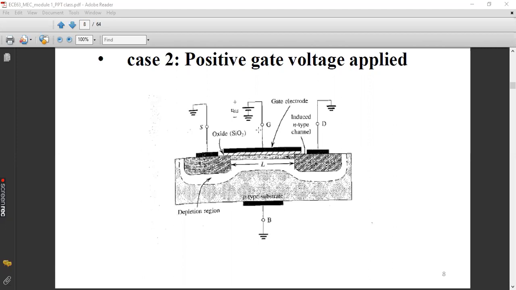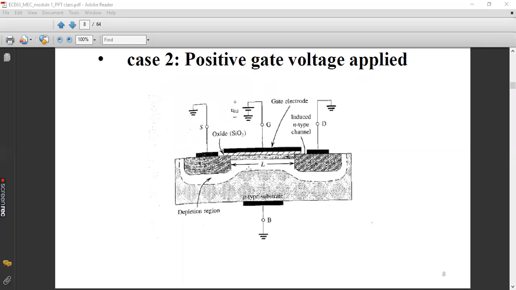Now, because of which what will happen? I told you, since this is an N-channel MOSFET, we have a P-type substrate, and the majority carriers of the P-type substrate are holes, or the positive carriers.